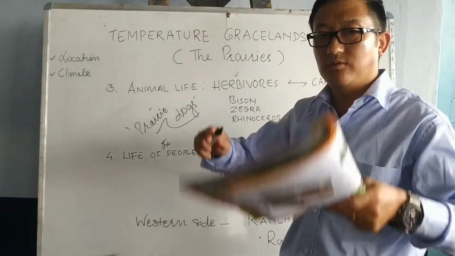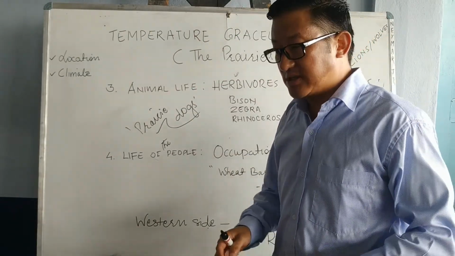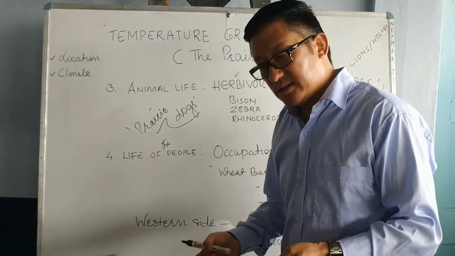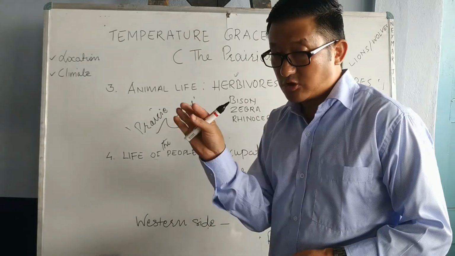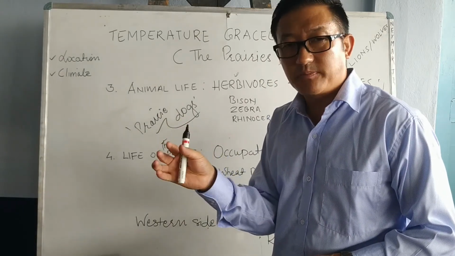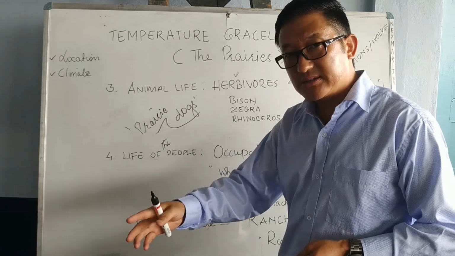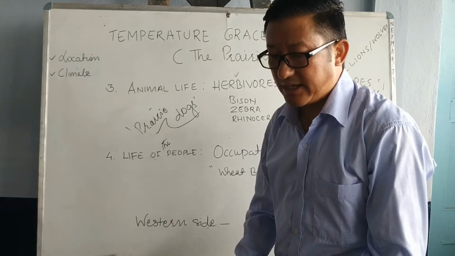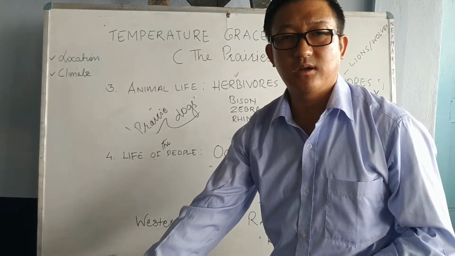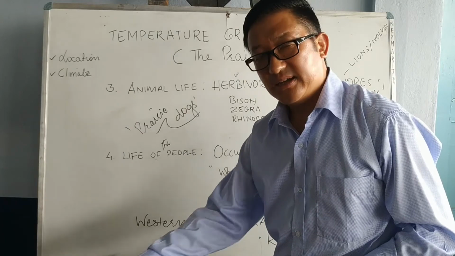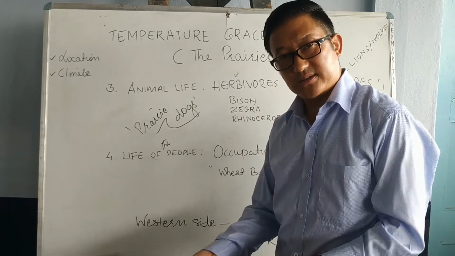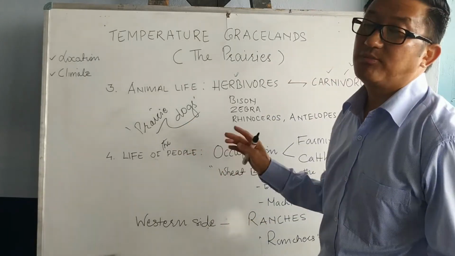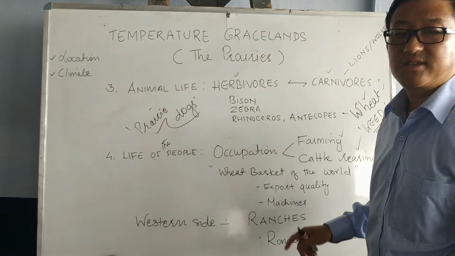Thrashing means, you have seen people separating the hay and the paddy. When you cut paddy, there is a paddy plant, and on top there is the seed, the paddy seed. In order to separate this, you have to thrash, you have to beat it on the floor, and the grain will come out. You will be able to separate the grain and the straw, this hay. That's the way we do it here. But there, everything is done by machine, because they are an advanced country.